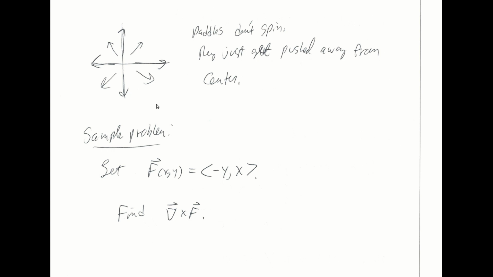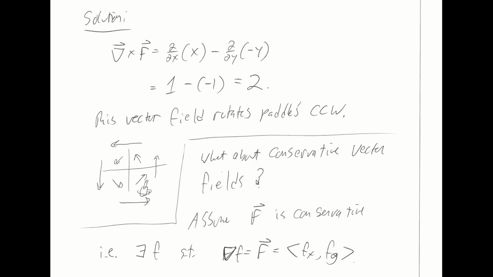So let's have a sample problem. Let's have you folks consider this vector field. We called this a rotational vector field when we were first discussing vector fields. Find for me the curl. You might want to sketch it, see if you can guess the curl ahead of time, but then actually find it using our formulas. And if you have done this, you will see that the curl of this vector field comes out to be 2. We're taking the partial with respect to x of x and subtracting off the partial with respect to y of negative y. 1 minus negative 1 gives me 2,